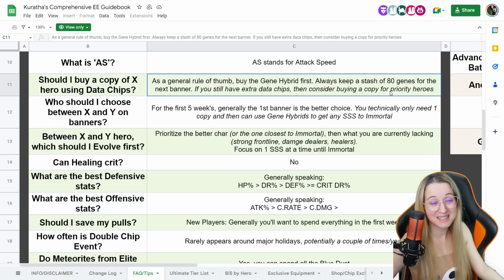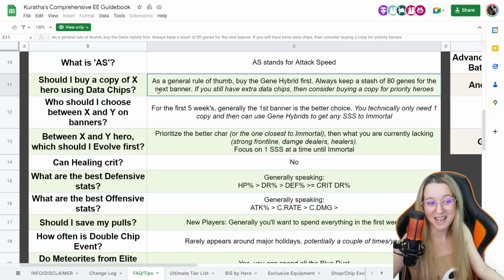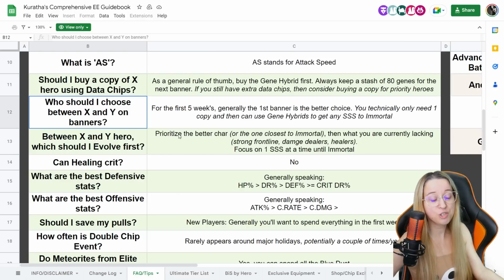During Halloween, I had saved up like 900 limited tickets alone, and so I had like 1,800 data chips. I waited until I had like 500 left in my stash, and I bought copies of Crete. I bought copies of Moriami. I maxed out pre-order just from pulling. I bought copies of actual heroes because I had an obsessively ridiculous amount, because I had held on to them for so long. But that's not the norm. Keep that in mind.